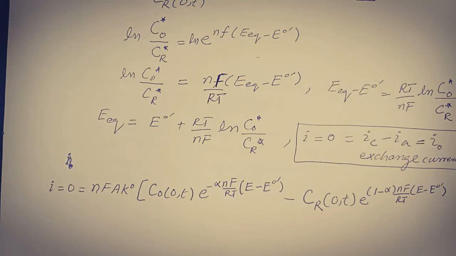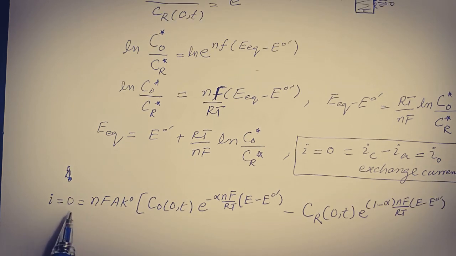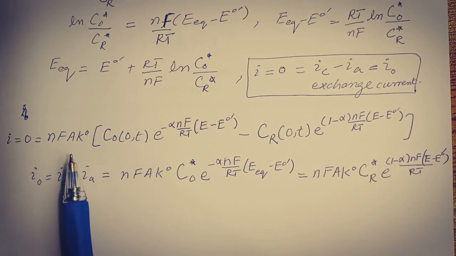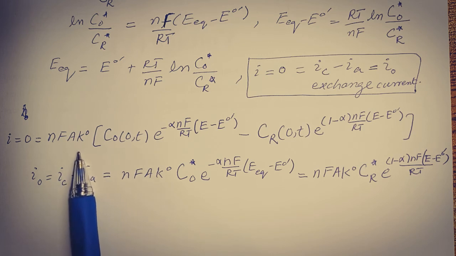Now again consider the above equation, which shows that the total current is equal to the difference of these two factors with common factors given here. So when we take the equilibrium condition, in which the net current is 0, this equation is modified as shown here. This equation is the total current equation, which has been derived from the Butler-Volmer model of kinetics, that is electrode kinetics, which is expressing